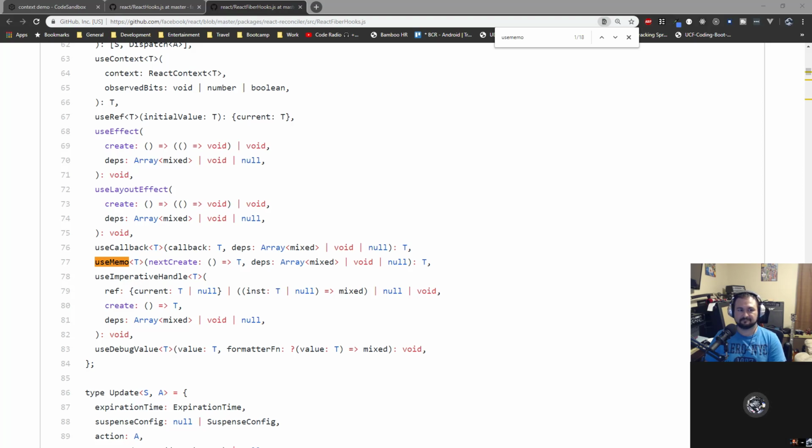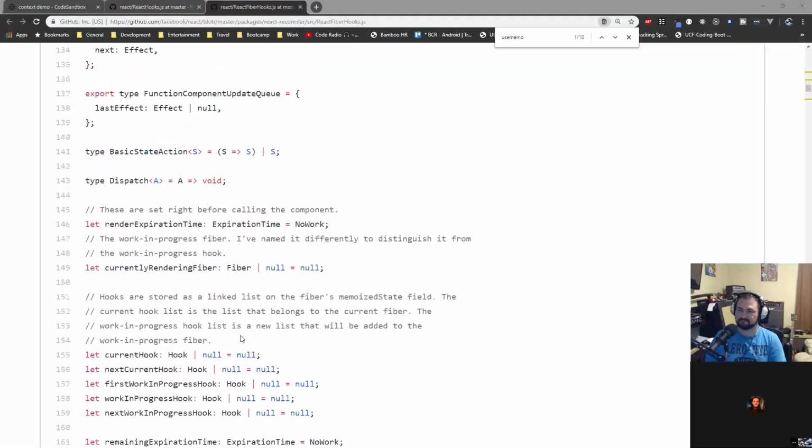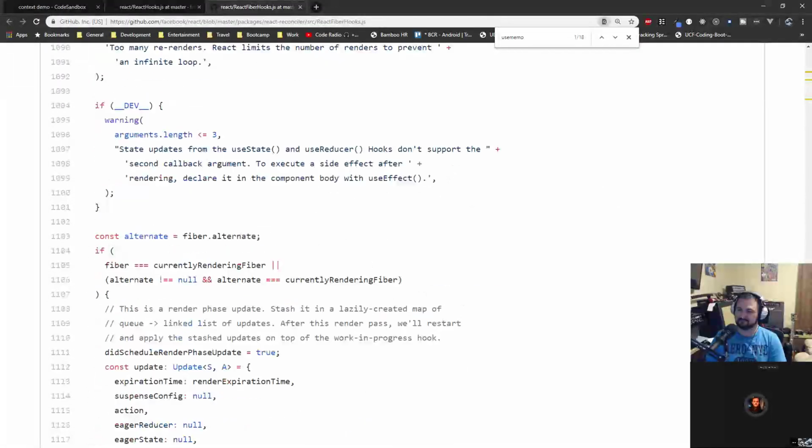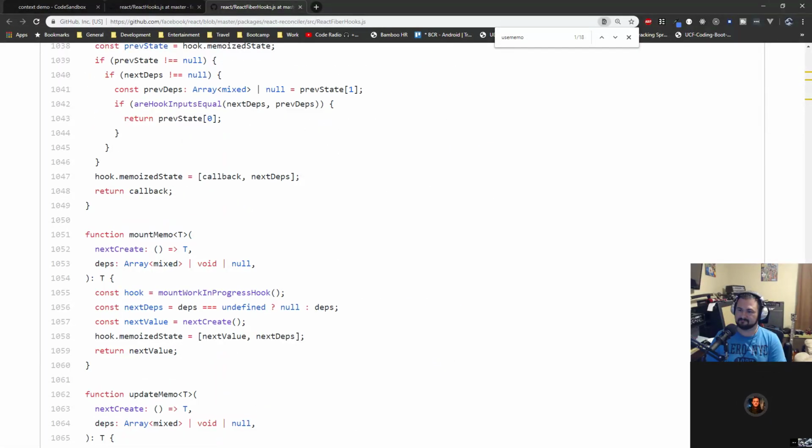It's a function that I think looks good. Trying to find it. It's 1051. Yep. const hook = mountWorkInProgressHook(); const nextDependencies = dependencies === undefined ? null : dependencies; nextValue = nextCreate(). I'll see, and this is probably right? That hook.memoizedState. I bet you that's like